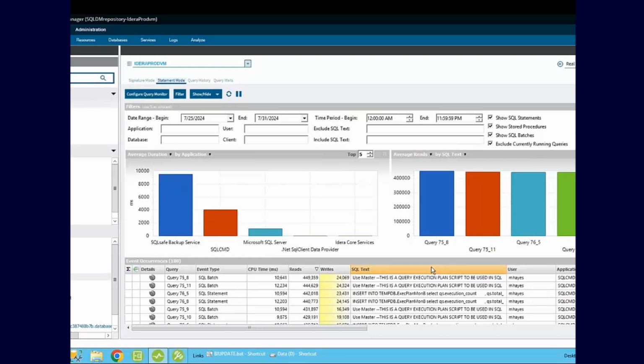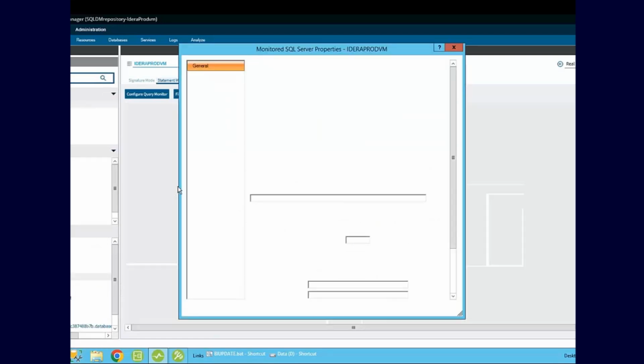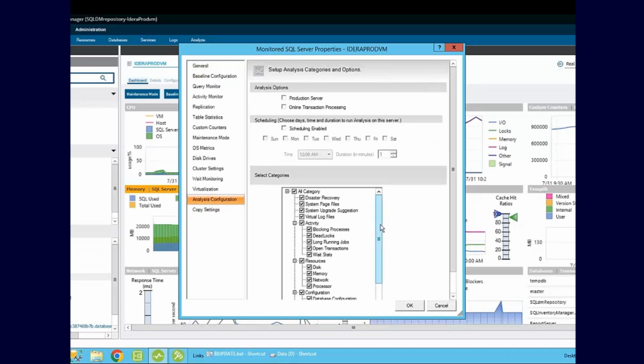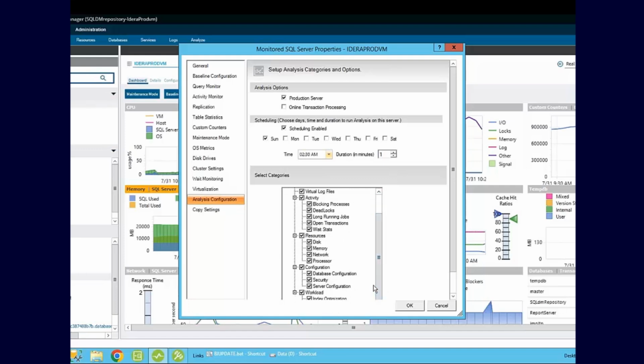I'm going to go to the number 2 item on the list, prescriptive analytics. Now, prescriptive analytics, it's something that if you go into the properties of your instance and go to the analysis configuration, you can schedule this to run on a regular basis every Sunday at 3 a.m. or in this case 12 a.m., however you want to set that. Just set your time, how long you want it to run as well. What this is, as you can see, all these different categories, it's something that will scan an instance. It's going to scan the instance and tell you everything that could potentially be wrong in all of these different